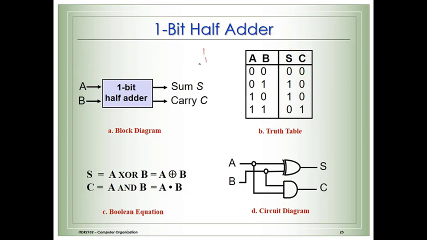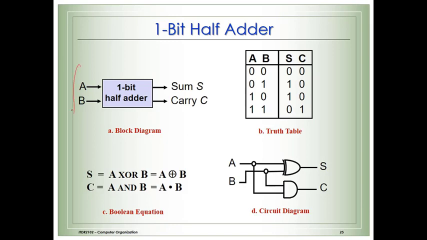Now 1 and 1, it should be 2, right? How do we write 2 in binary? 1 0, right? So the sum should be 1 0, but one extra bit we got, so this is the overflow condition. The sum is only the lower bit, and this extra one bit that we call carry will be overflown, correct? So for 1 and 1, here we have to be careful: sum is 0 and carry is 1.